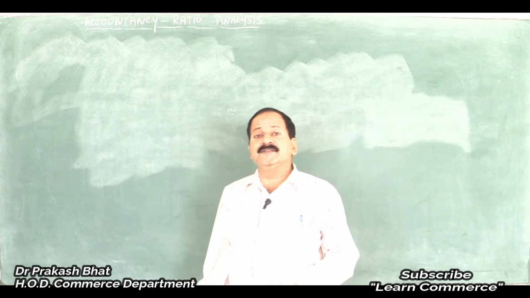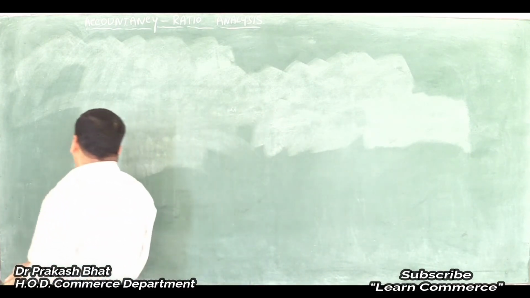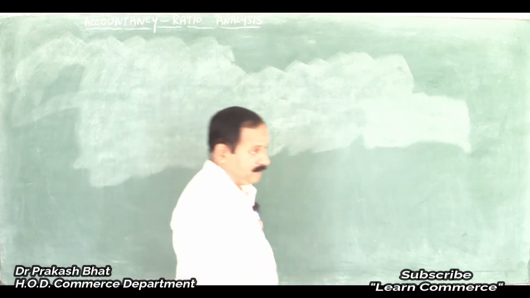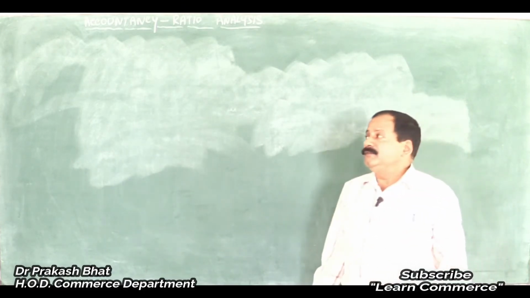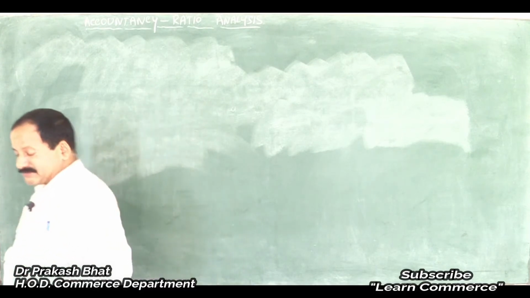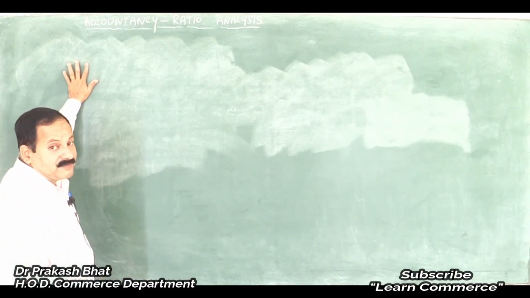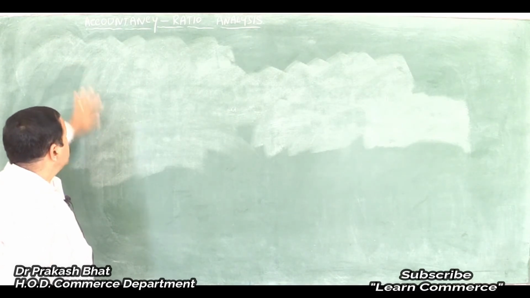Remember, the formula is very, very important. First you have to write the formula. If you solve the problem without writing the formula, you will lose 1 mark. For each of the 2 ratios, you have to write the formula. So if you don't write the 2 formulas, you will get only 4 marks out of 6. For not writing the formula, you will lose 1 mark each. Remember. So this is what you have to do here.